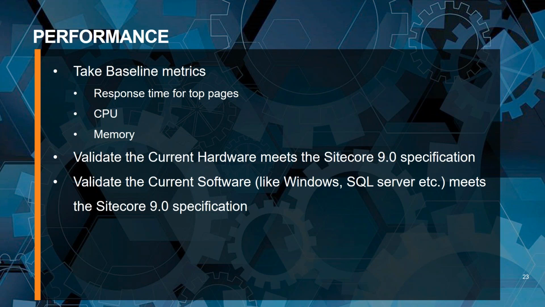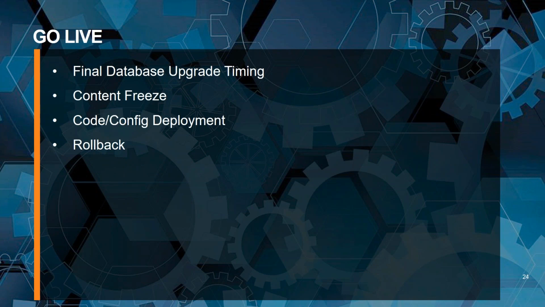One of the requirements to install Sitecore 9 on the dev machine is Windows 10. So all this information needs to be validated and vetted during your planning phase. On top of that, identify the go-live date, and make sure it gives you enough of a window to revert back, and that you are doing this migration during your low traffic time.